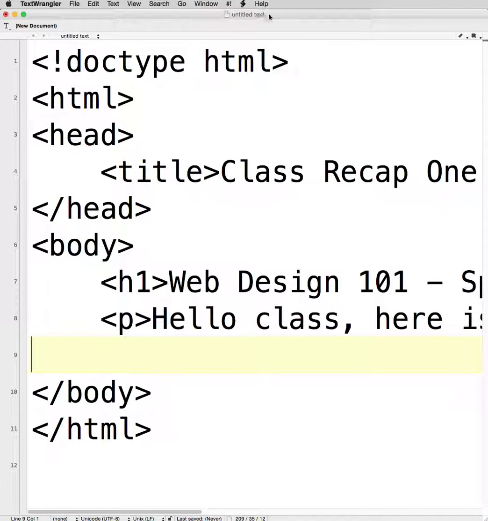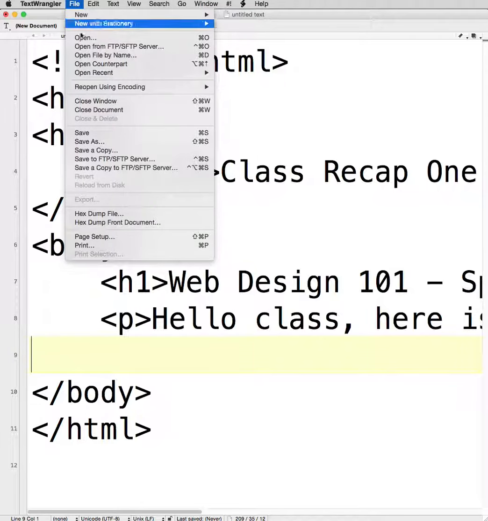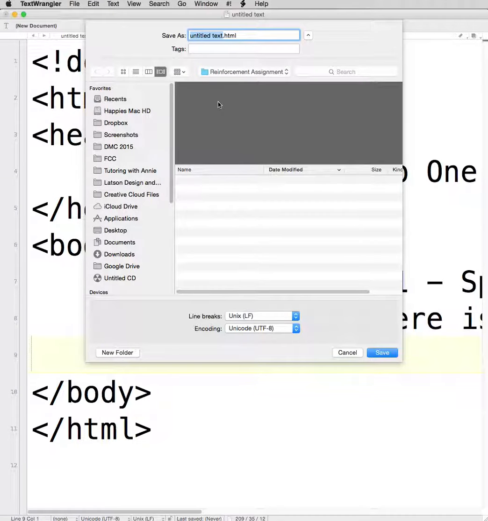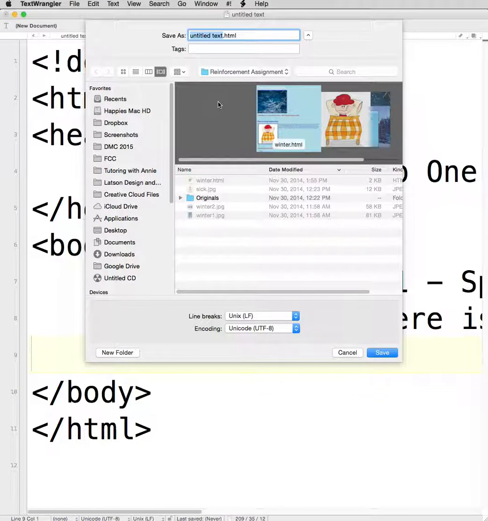One thing that we didn't do, which I mentioned earlier, I said there's something that we haven't done yet, which is to save this so we can view it, so we can see what's going on. So I'm just going to go ahead and file. I'm going to save as. I'm going to save it on my desktop. I'm going to name this one